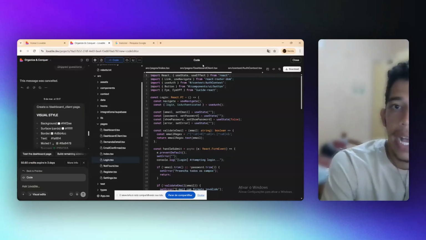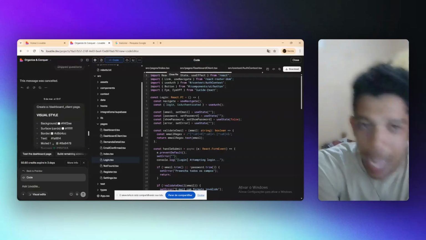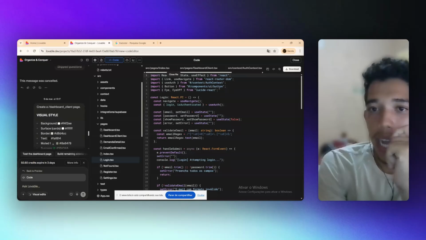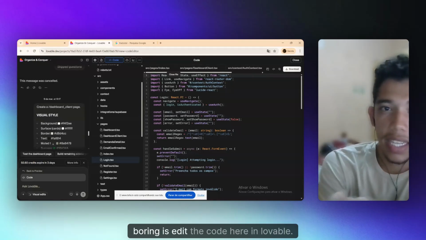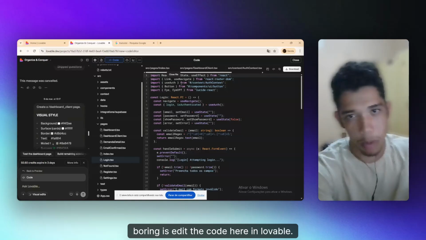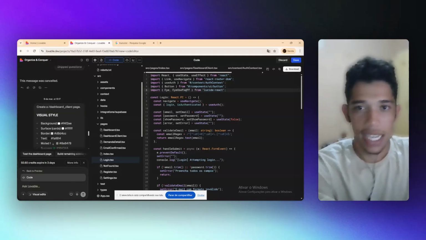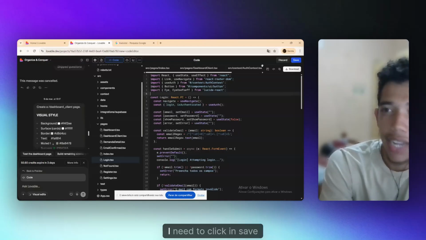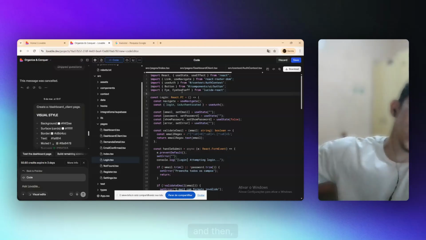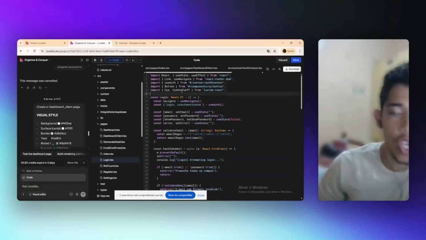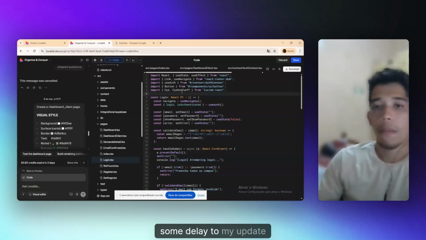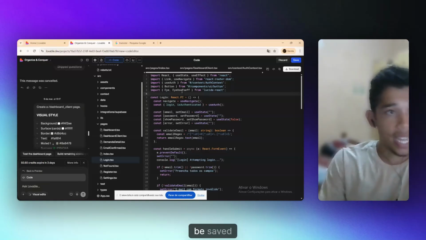But I saw how boring it is to edit the code here in Lovable, because every single update that I do, I need to click save and then wait some time, some delay, for my update to be saved.